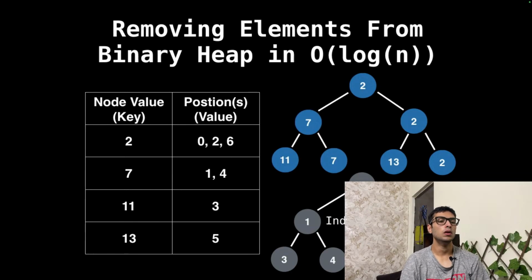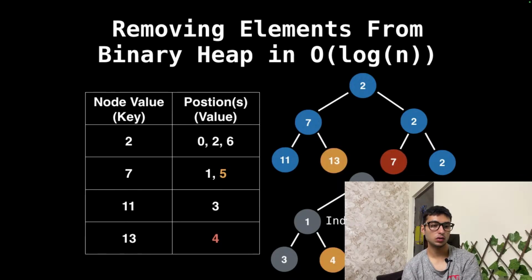For example, if a bubble up or a bubble down occurs, we need to track all of those movements and where the swaps go to so we can update the index position in our map. If we swap 13 and the last 7, for example, the following should happen. So we look at where 7 and 13 are in our table, and then I've mapped those respective positions as red for the 7 and yellow for the 13. And this is what happens when we do a swap. We do a swap in the tree, but also in the table.